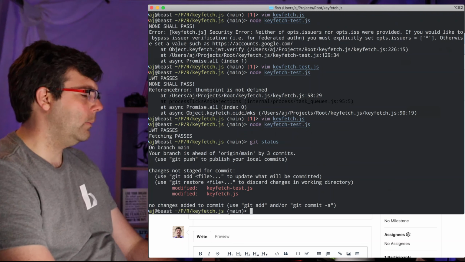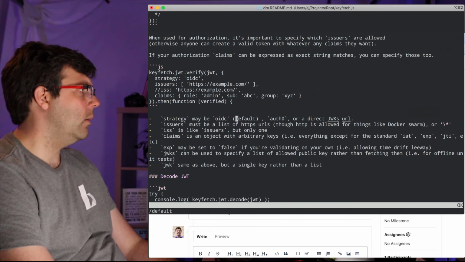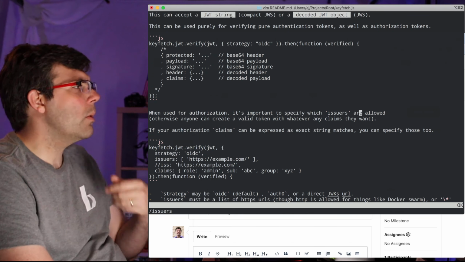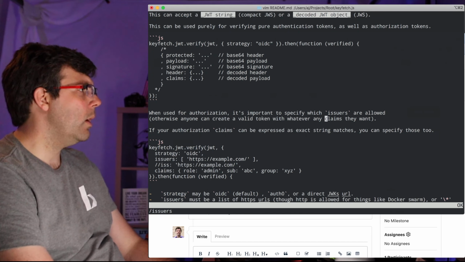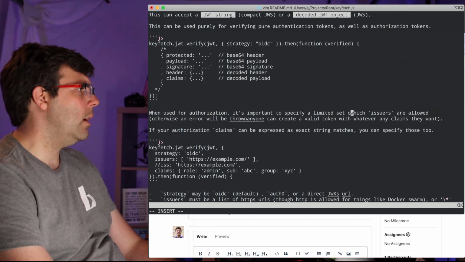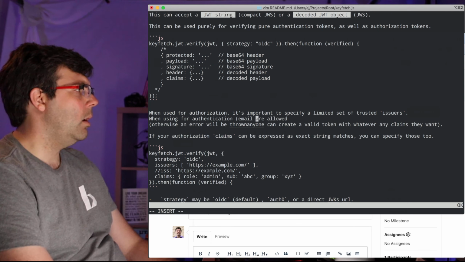All right, cool. With that, I don't know if the README needs to be updated at all. Let's see, defaults. All right, when used for authorization, specify which issuers are allowed. Otherwise, anyone can create a valid token with whatever claims they want. Otherwise, an error will be thrown. Specify a limited set of trusted issuers. When using for authentication, example, email,